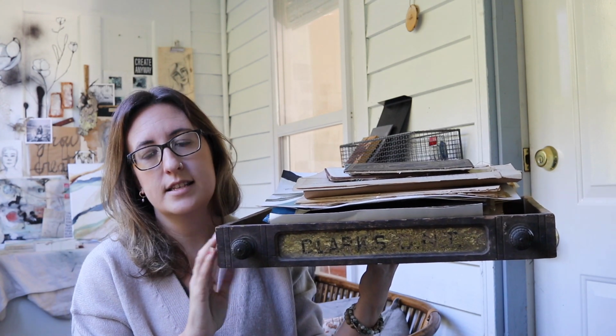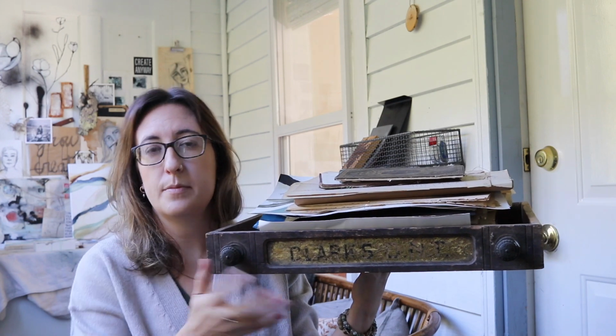Sometimes you can ask local antique shops if you're looking for something specific, at least I've found, if there's something that they might be just throwing out or getting rid of. I have asked them, for example, for old books and old papers and letters that they find at estate sales. A lot of times I found that, at least here, my local antique shops will throw things away that they don't think will sell. And so sometimes I've been able to find stuff really cheap, or they've even given it